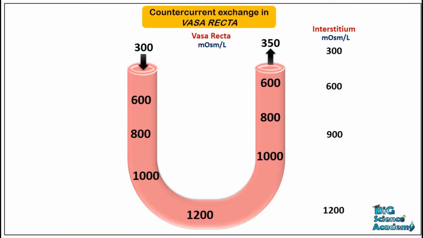So first we will discuss about the countercurrent exchange system in the vasa recta. There are two special features of the renal medullary blood flow that contribute to the preservation of the high solute concentration, and the first one is done by the vasa recta. The vasa recta serve as countercurrent exchangers, and it helps to minimize the washout of solutes from the medullary interstitium. Only 1 to 2% of the total renal blood flows through the vasa recta, and we can see that the blood flows in opposite directions in two limbs of the vasa recta.